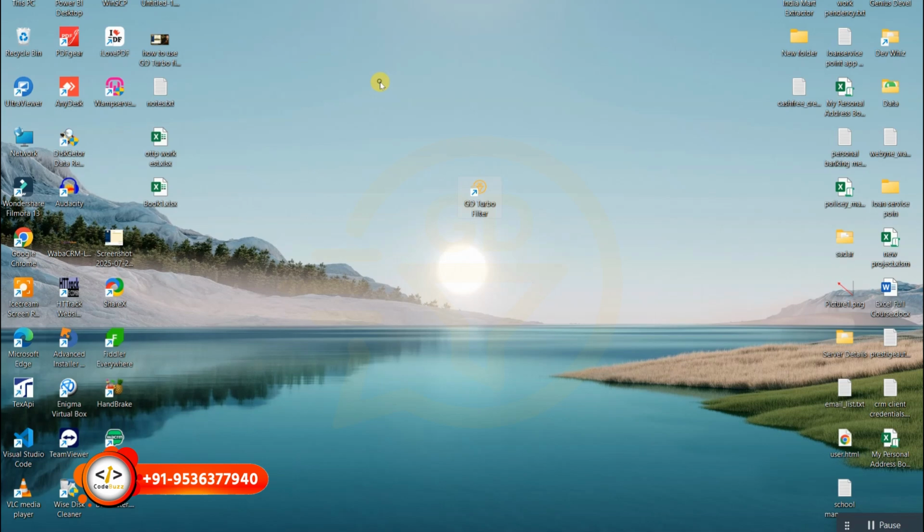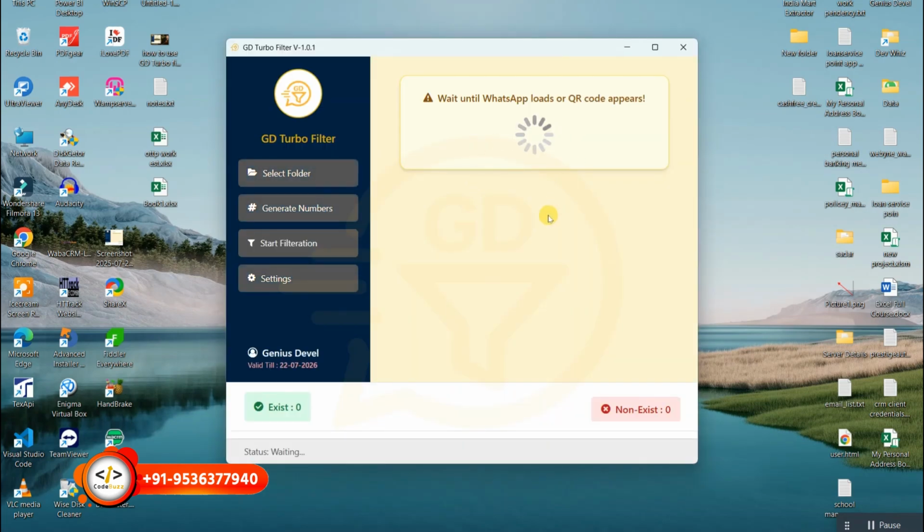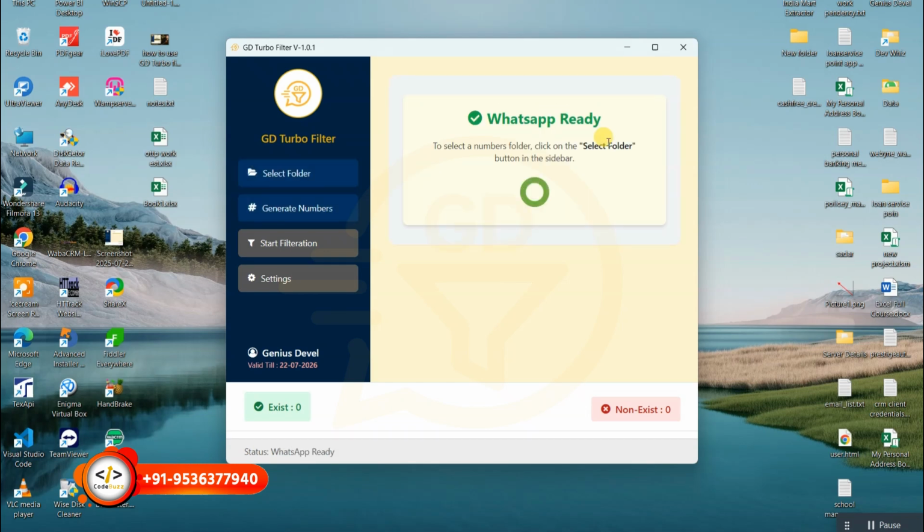After installing the tool, you can check your desktop for this tool icon. Just double click on this icon and open the tool. If you use this tool for the first time, you will see a registration form, and after the registration and inserting the license key, you will see a screen like this.